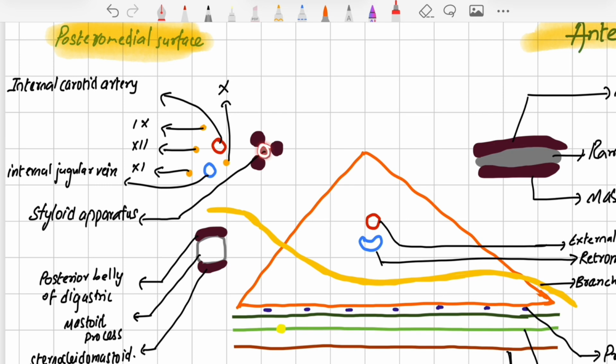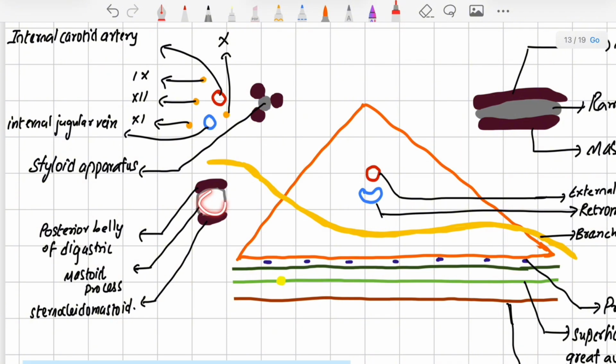First, the styloid process and the styloid muscles attaching to it. Next, adjacently, we have the 10th cranial nerve. Again, we have the internal carotid artery and the internal jugular vein. Again, we have the 9th, the 11th, as well as the 12th cranial nerve placed. We have again the bony relations, the mastoid process, and attaching the two muscles, the posterior belly as well as the